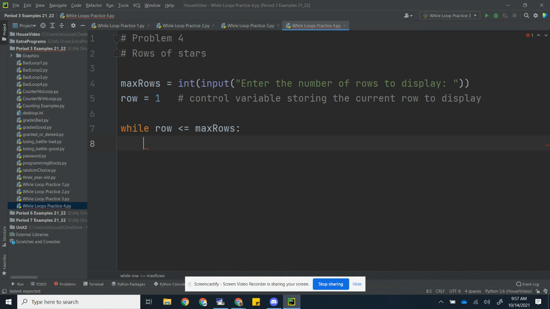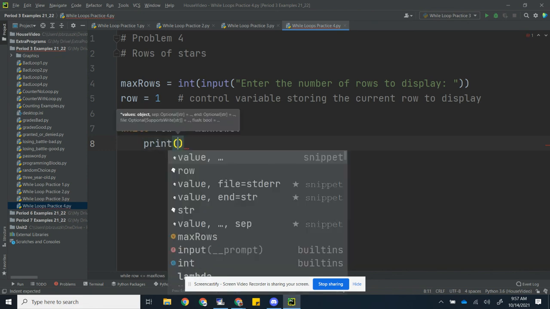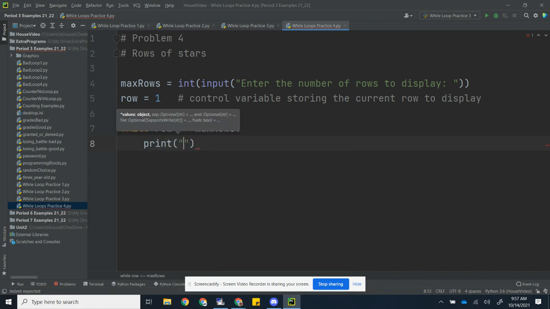So if I'm in row 1, I want to print 1 star. If I'm in row 2, I want to print 2 stars. If I'm in row 3, I want to print 3 stars, and so on and so forth. This can be done a couple different ways. The easiest way is to remember that little trick that I showed you back in the first unit, that you can take a string and multiply it by an integer, and it will print that string over and over again, right? So what if I do this, and I say print